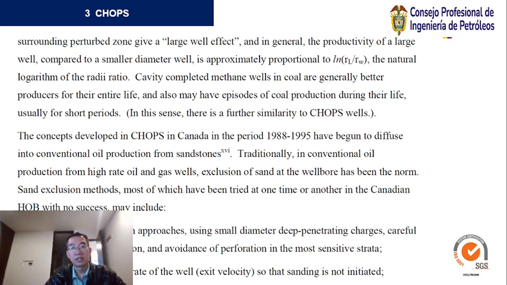Cavity completed massive wells in coal are generally better producers for their entire life, and also may have episodes